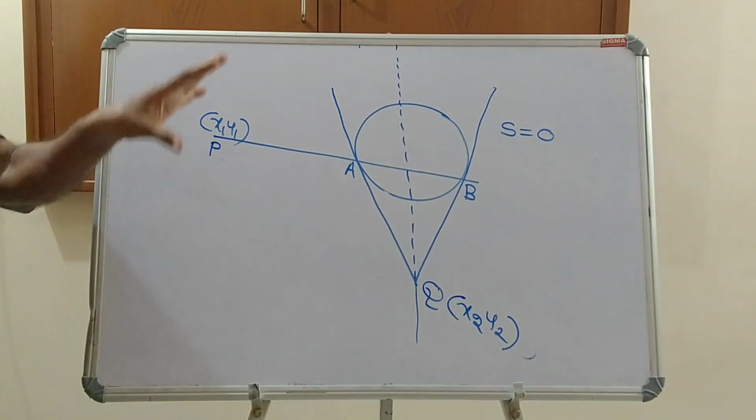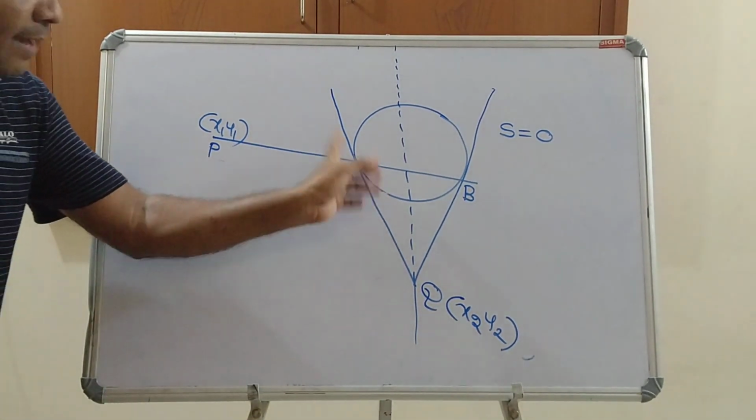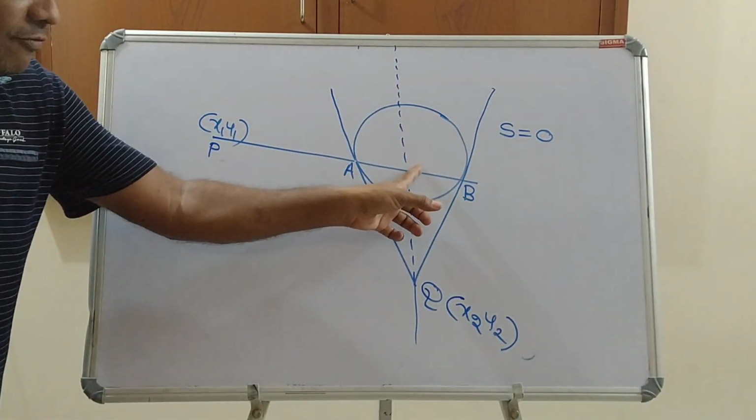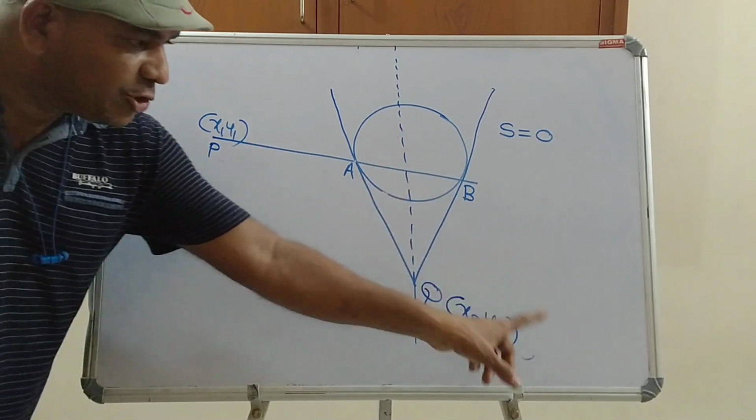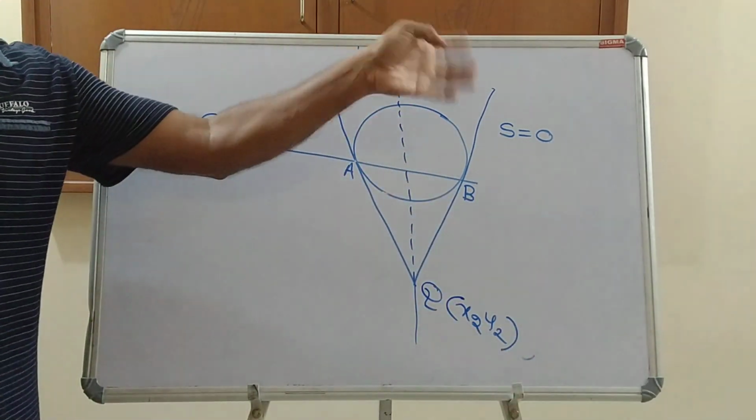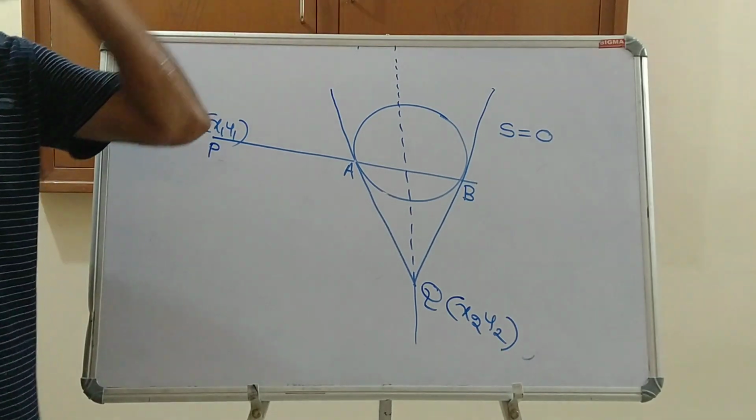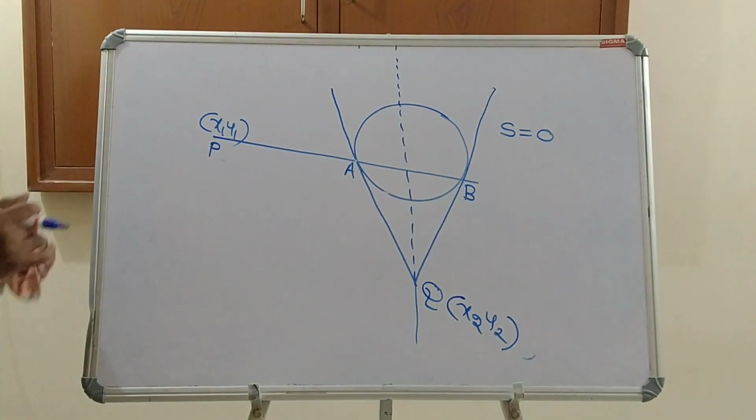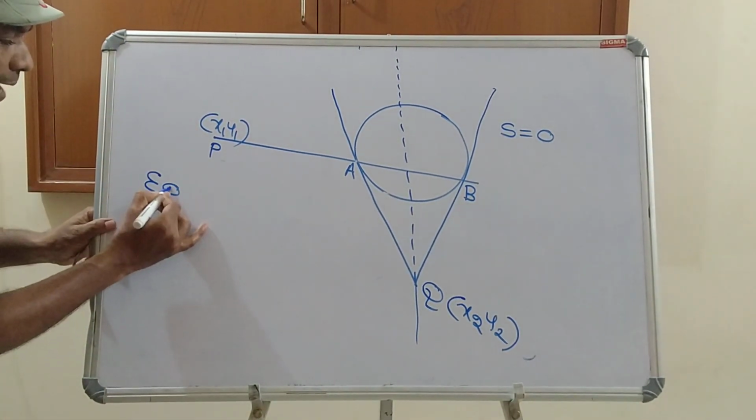Now, from the diagram, AB is the chord of contact of x2, y2 with respect to the circle S equal to 0. So, the equation of AB is